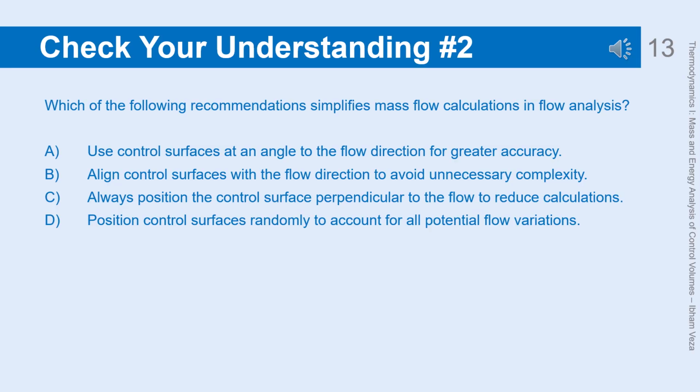normal velocity component. C. Always position the control surface perpendicular to the flow to reduce calculations. This is incorrect because positioning the surface perpendicular to the flow direction may complicate mass flow calculations as the normal velocity component needs to be projected. D. Position control surfaces randomly to account for all potential flow variations. This is incorrect because random positioning of control surfaces introduces unnecessary complexity and does not simplify the analysis of mass